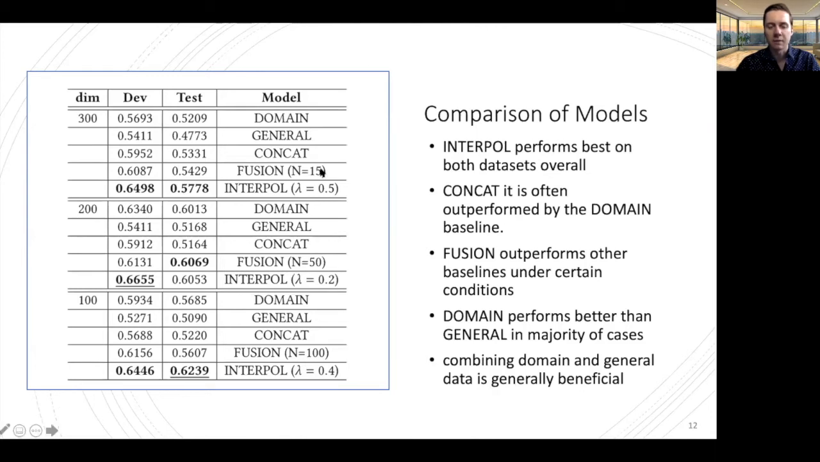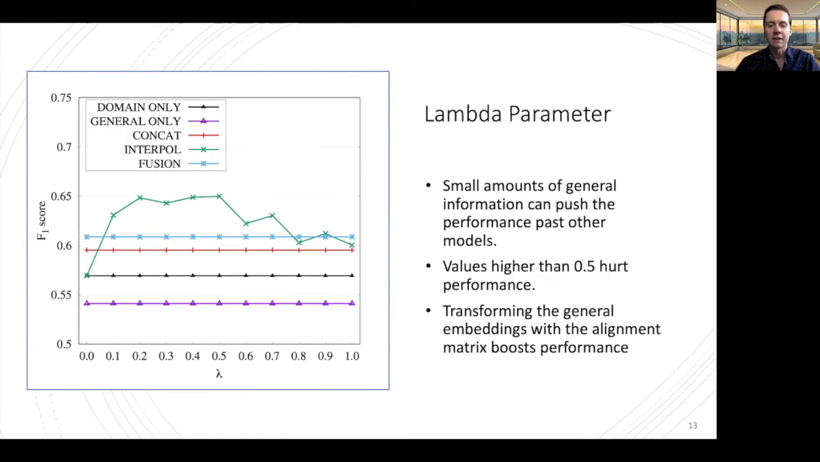have general purpose data, whereas the domain-specific embeddings are trained only on domain data. Overall, we can see that combining domain and general data is generally beneficial because all methods that incorporate domain-specific information outperform the general baseline. We further investigate the setting of the lambda parameter, and in this plot we can see